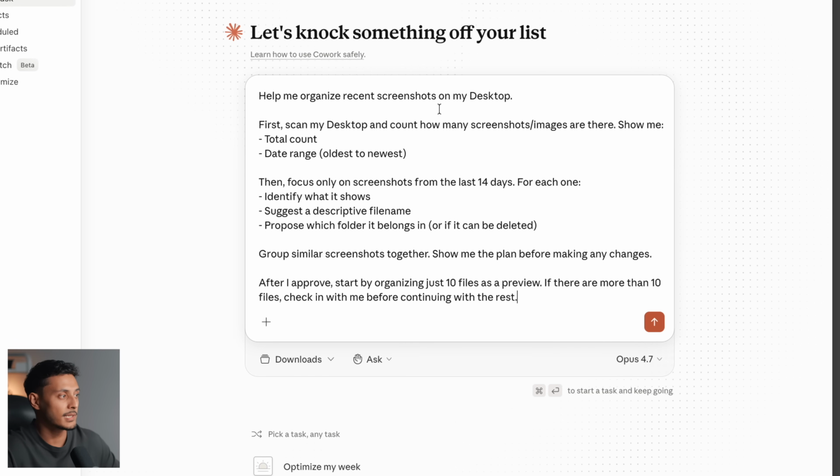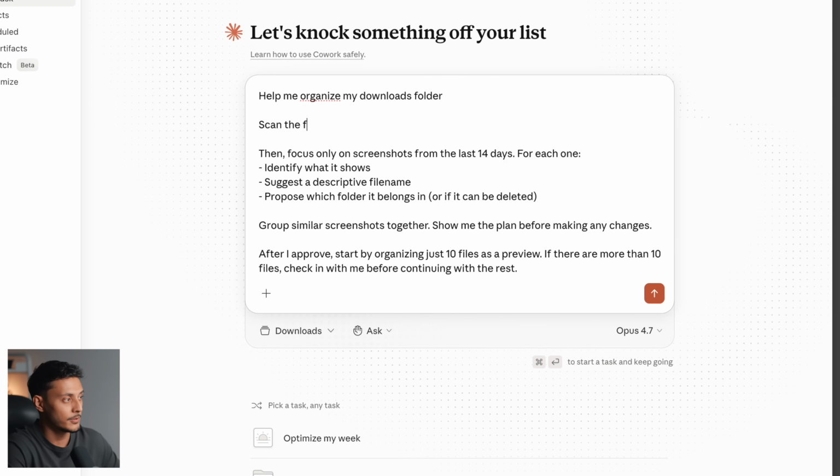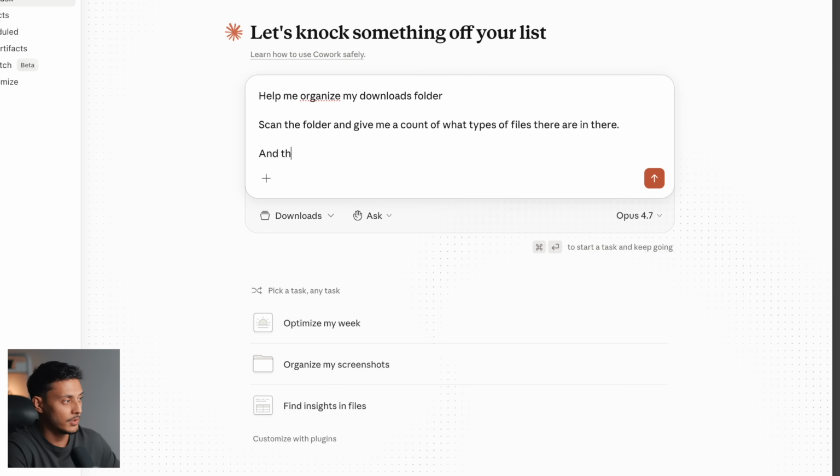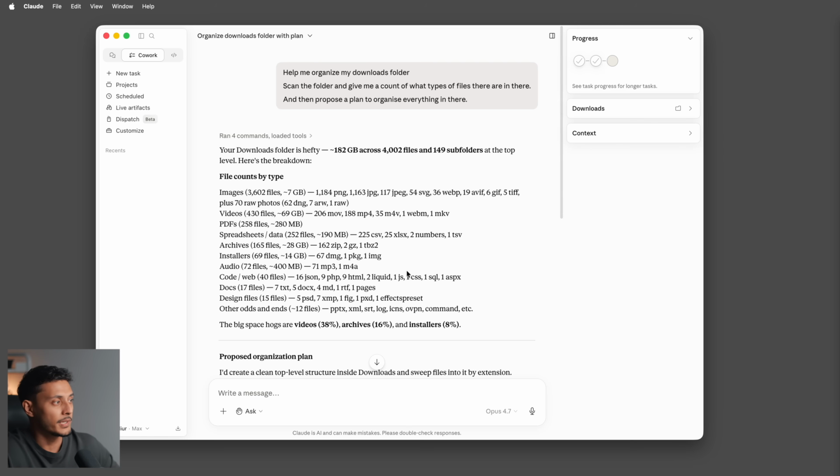So I'm going to tell it, help me organize my downloads folder, scan the folder and give me a count of what types of files there are in there. And then, you know what, we'll remove all of this and then propose a plan to organize everything in there. Okay, amazing. It's now read my folder and it's saying your downloads folder is hefty, 182 gigabytes across 4,000 files,